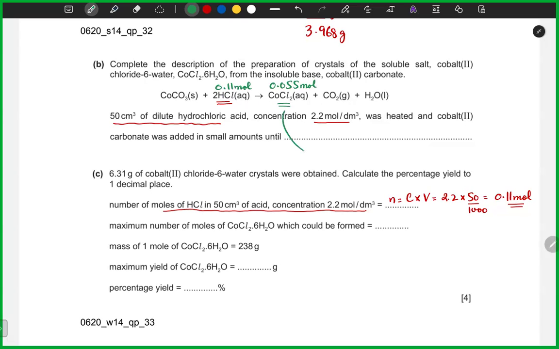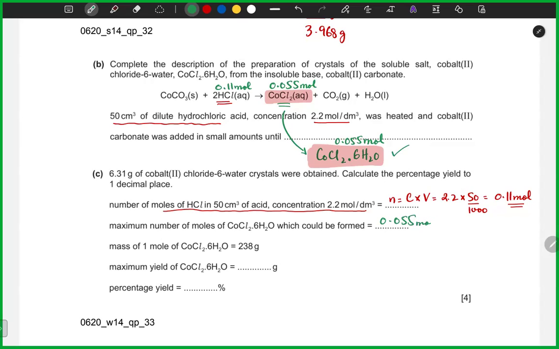The moles of the crystals will also be exactly the same because it's going to be 1:1, right? Like if it crystallizes and forms a .6 H2O, then the same ratio applies. If you have one cobalt chloride and then from it you are forming these crystals, one cobalt chloride would form one crystal, right? So it's going to be exactly the same ratio. So the moles of the crystal are going to be exactly the same. Okay, so the maximum number of moles, theoretically, is this. So what is it? 0.055